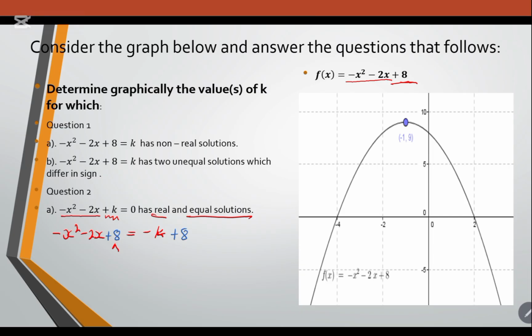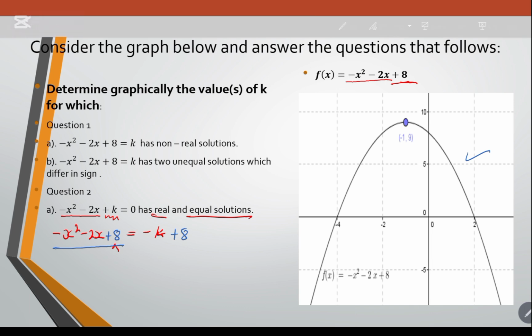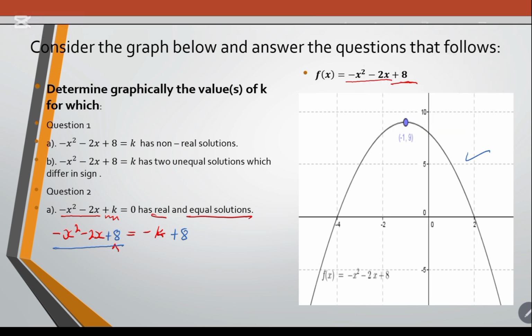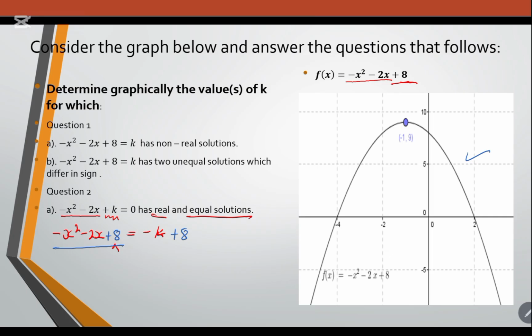Now, if you look at this expression, it is the algebraic representation of the graph that is given there. Therefore, we can now deal with our question using the given graph. They say we must determine the value or the values of k such that the roots of this equation will be equal and real. Now, let me just demonstrate the constant line. If we've got our constant line, y equals negative k plus 8,